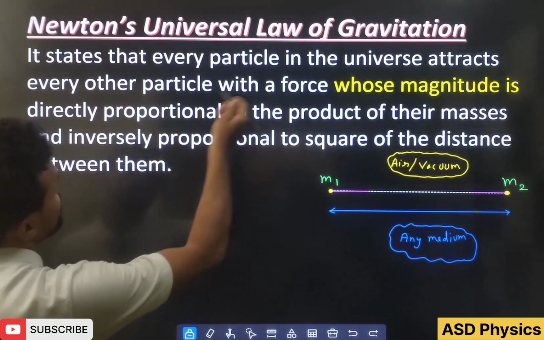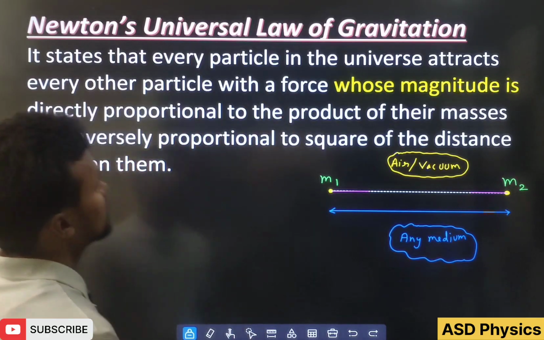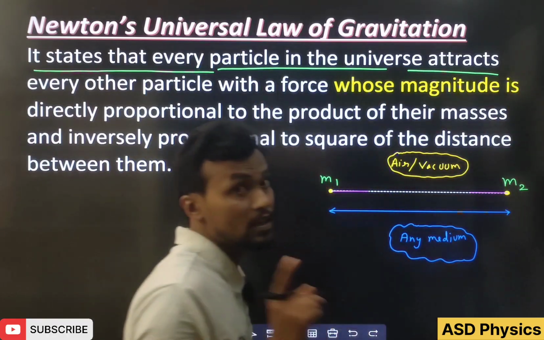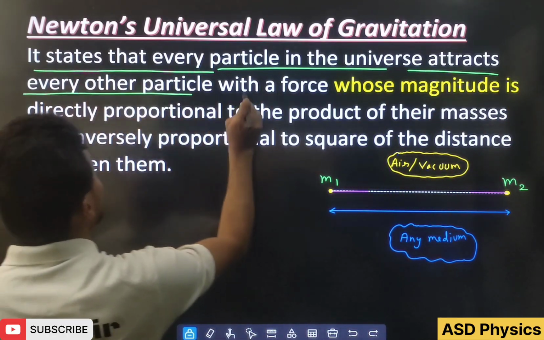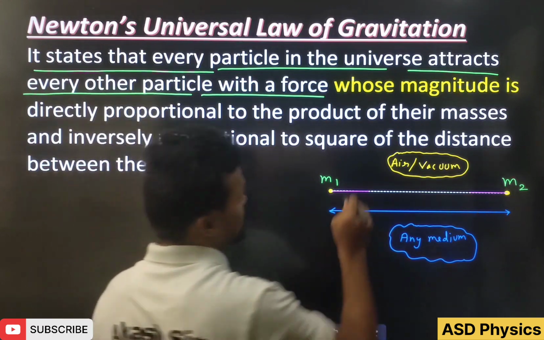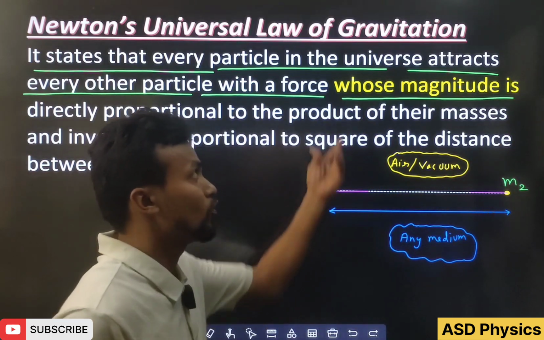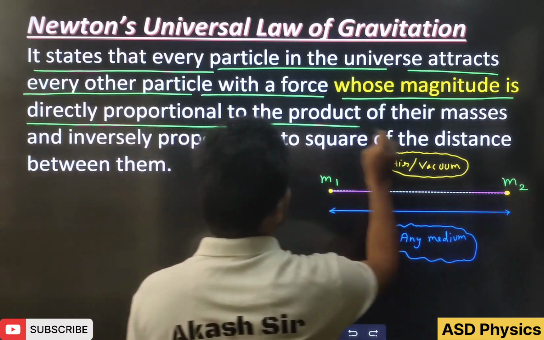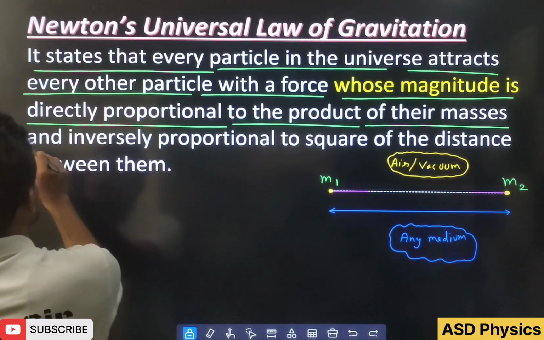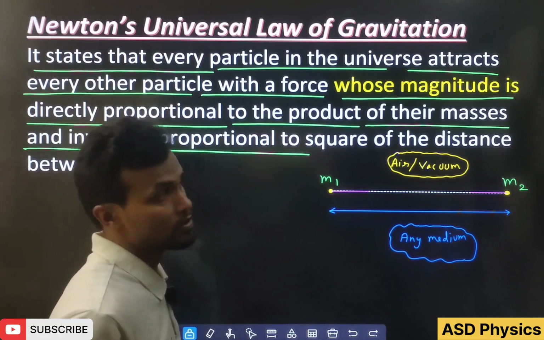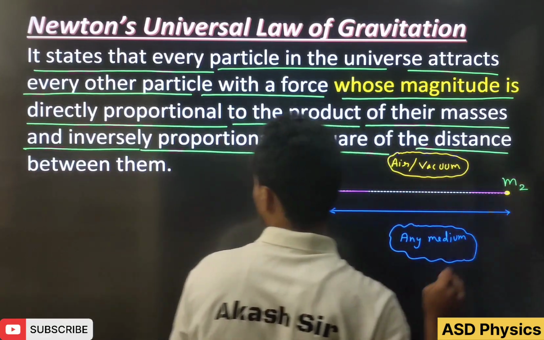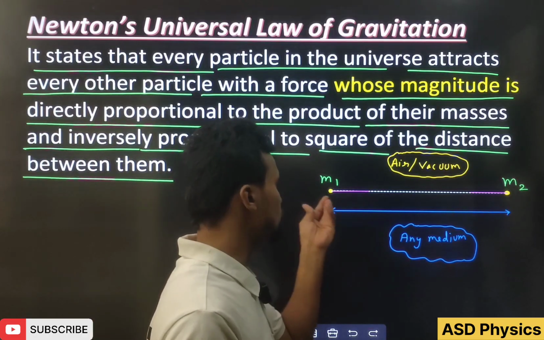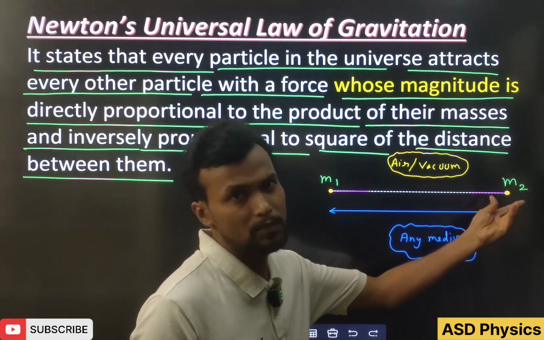So under the topic Newton's universal law of gravitation, let's see the definition. It states that every particle in the universe attracts every other particle with a force whose magnitude is directly proportional to the product of their masses and inversely proportional to square of the distance between them. Okay, so first I have taken here basically 2 point masses, one mass m1 and then mass m2